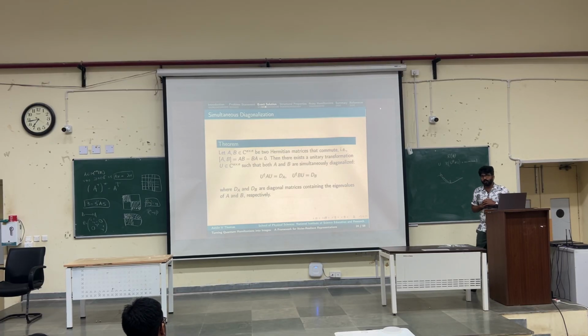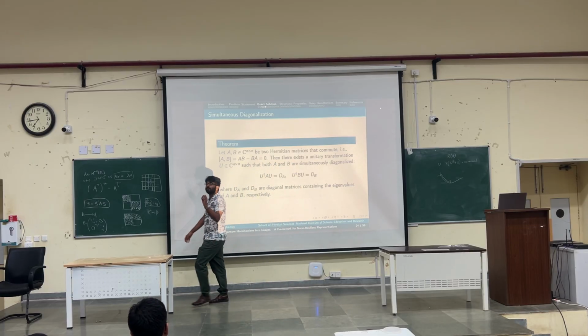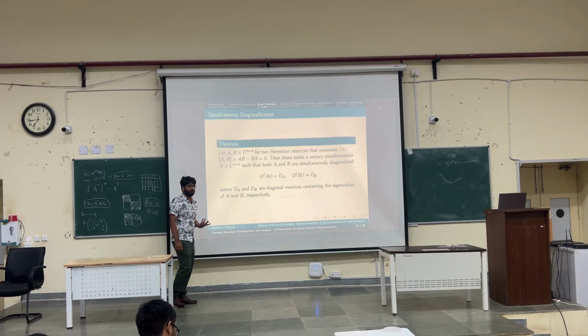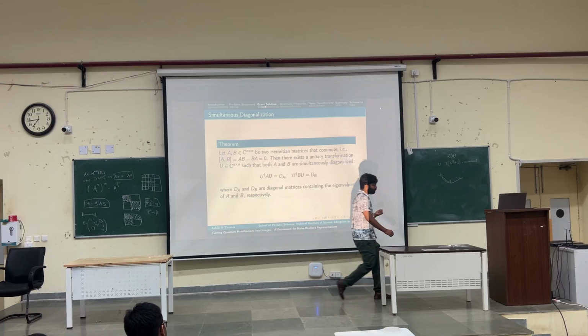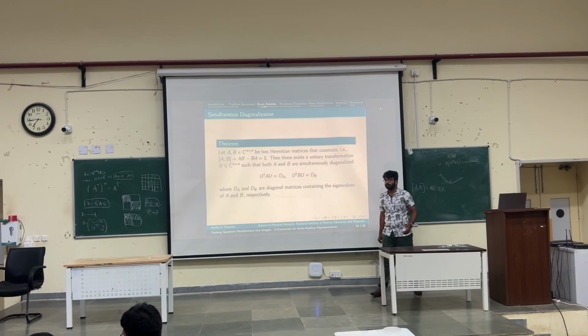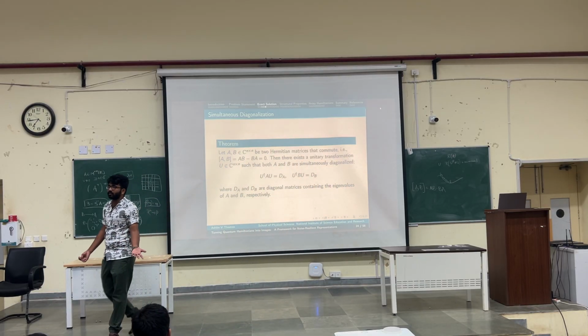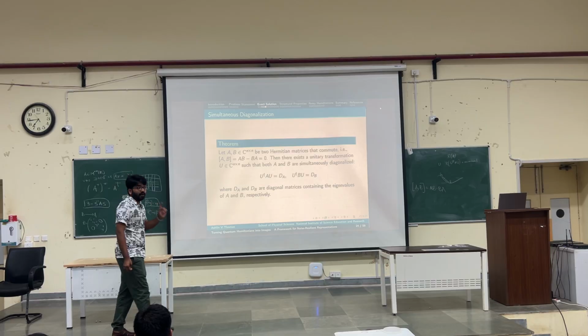The second supporting theorem, don't read this because this is more complicated. Suppose you have two Hermitian matrices A and B. You evaluate the commutator of A and B. What is the commutator of AB? AB minus BA. Isn't it 0? AB minus BA is 0, right? Not always. Why? Because it's matrix multiplication, and matrix multiplication in general doesn't commute. But if AB